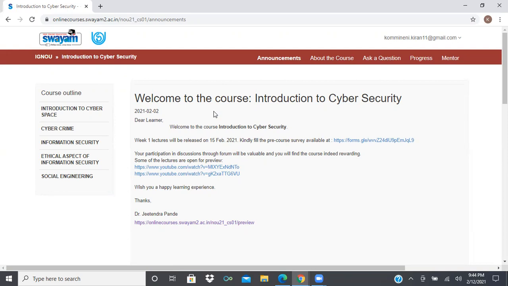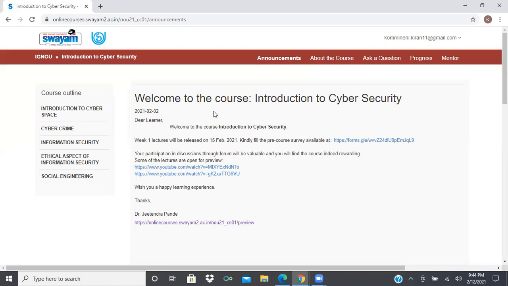That too, if you pass in that particular examination only, you will be given a certificate. So the pass criteria, everything will be given about the course only. You can check there. So what will be the internal marks, what will be the external marks, what will be the pass mark also will be there. If you pass only, you will get a certificate. Otherwise you will not get a certificate.